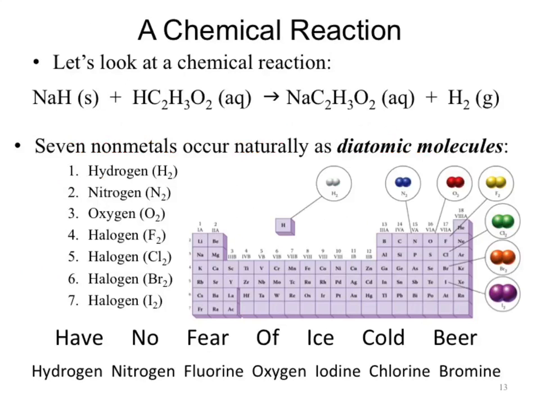Chemical reactions. If we take this chemical reaction, one of the things you're going to be responsible for is converting both the equation into words and words into an equation. So if we go through and read that first equation, I'd start off with solid sodium hydride. How did I know that? S is solid. How did I know NaH is sodium hydride? Because I did a really good job at all of my nomenclature in chapter 6. So solid sodium hydride is reacted with